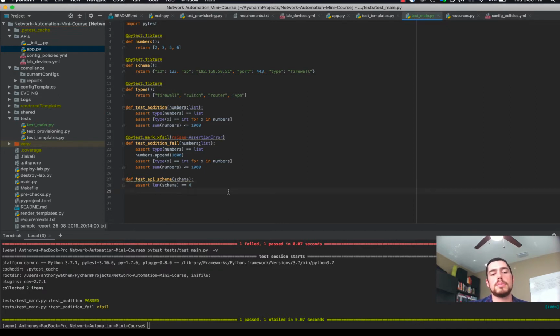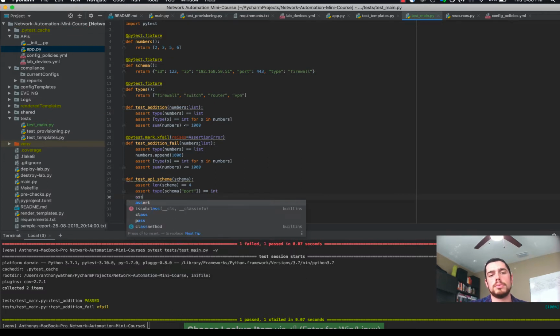Secondly, assert schema, we'll say assert type schema port equals int. Assert type